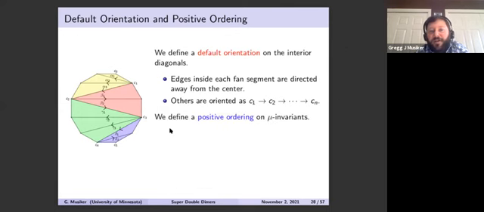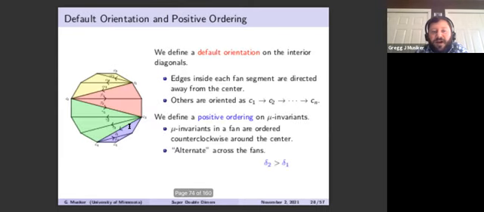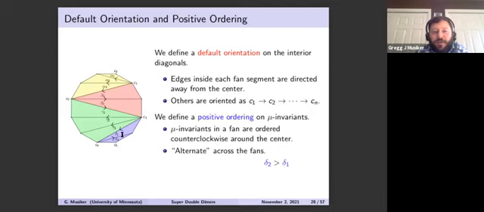And we also want to define a positive ordering. How do you multiply these mu invariants together to preserve positivity? It's a very simple, compact definition, but it's a funny one if you haven't seen it before. First, for every single fan segment, we orient them counterclockwise around its fan center. So delta 2 would become before delta 1, but then we alternate as we go from bottom to top as